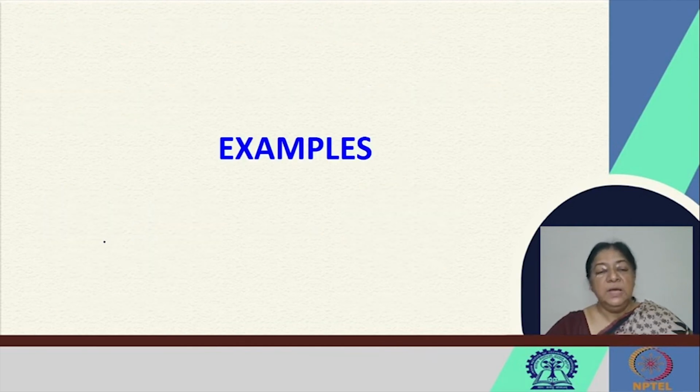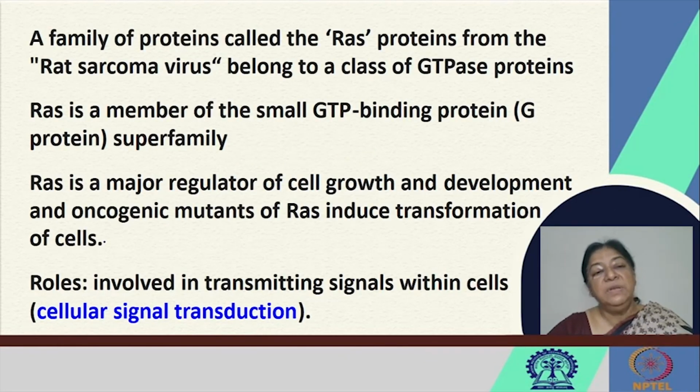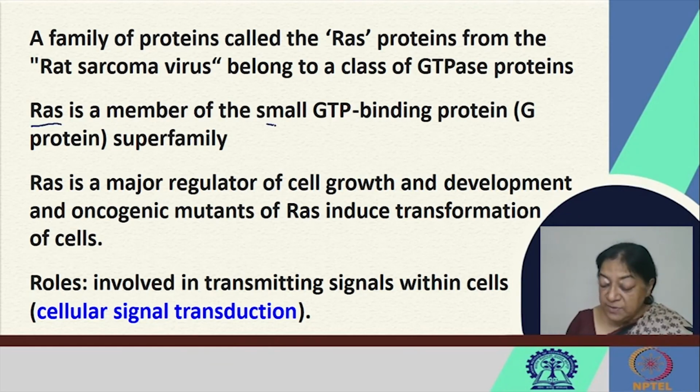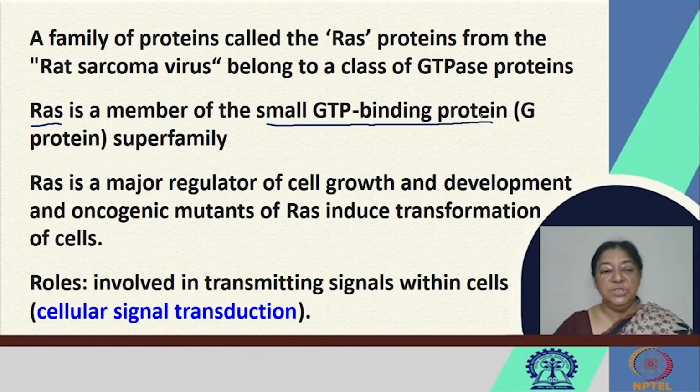process. If we look at some specific examples now, we have a family of proteins called the RAS proteins. They are from the rat sarcoma virus. They belong to a class of GTPase proteins. So this RAS is a member of the small GTP binding proteins of the G protein superfamily. This protein is a major regulator of cell growth and development, and oncogenic mutants of RAS induce specific transformations